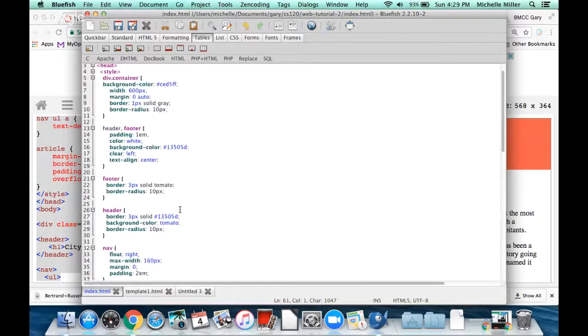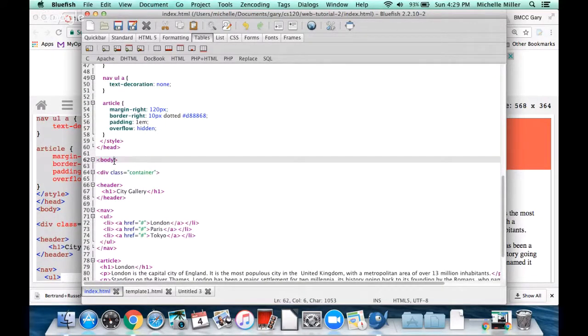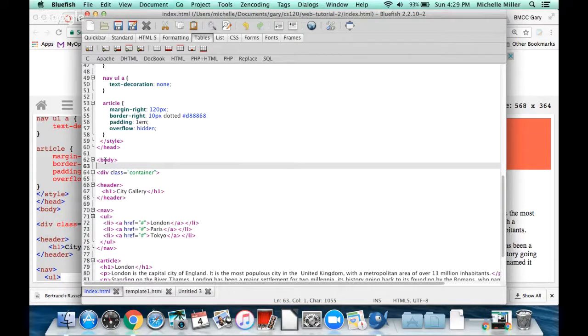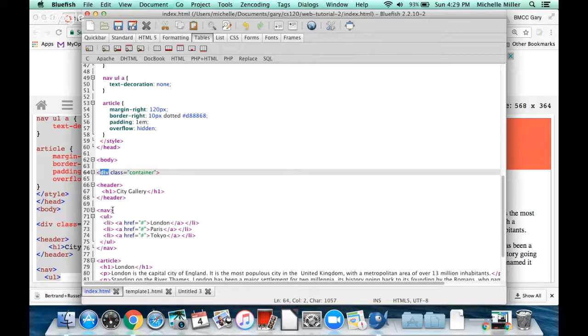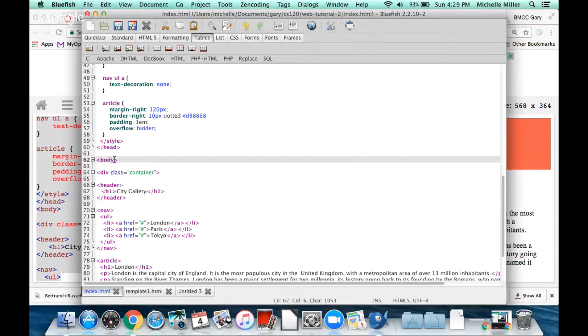So before we had added styles as attributes to an HTML element. So remember, an element is something between the angle brackets. Like body is an element on an HTML page. A div is an element. We haven't gone over UL. I'll do that today. H1 is an element, a heading. And then elements can have attributes. And an attribute is something that enhances them. So for example, I can have a style